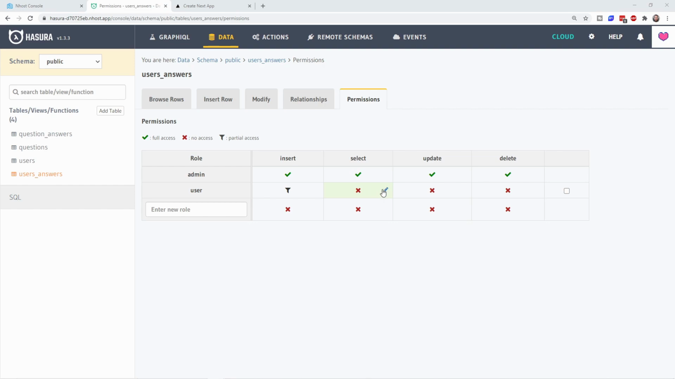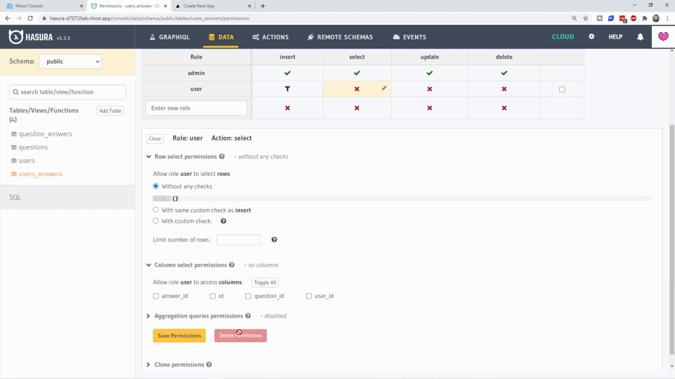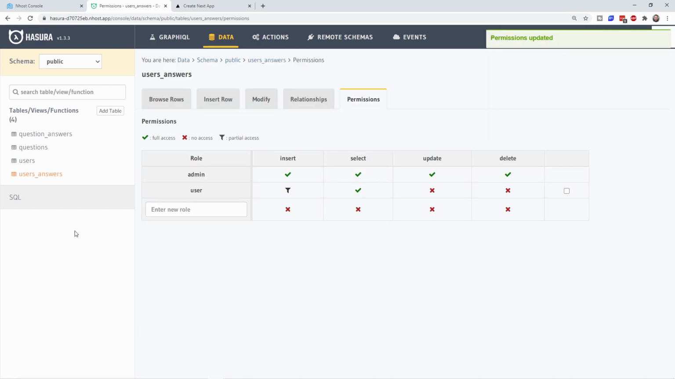Then we can do a select here, and we can just say without any checks. They can have all of our columns, and hit save. So now we've basically created all of our relationships between the tables, but what we can do here is create